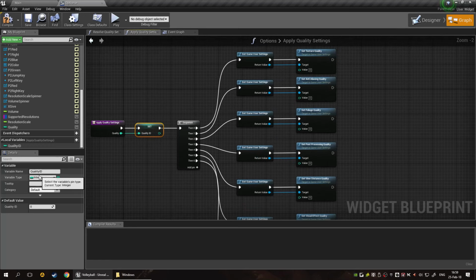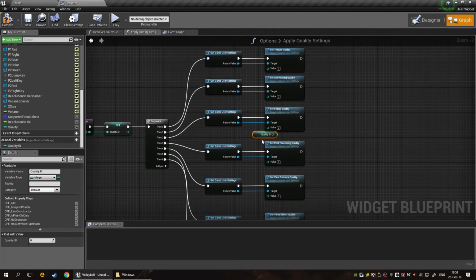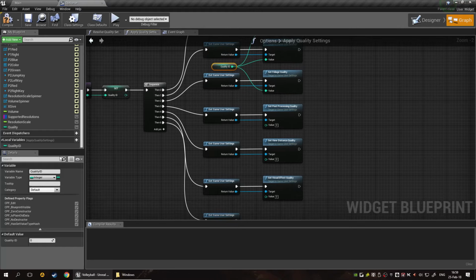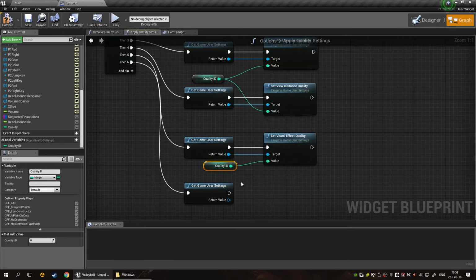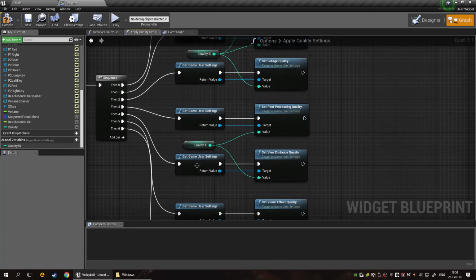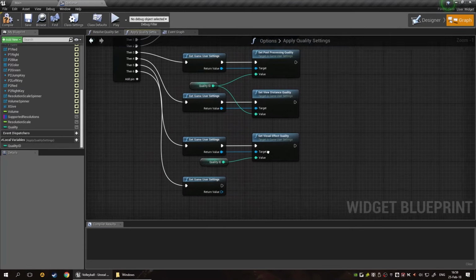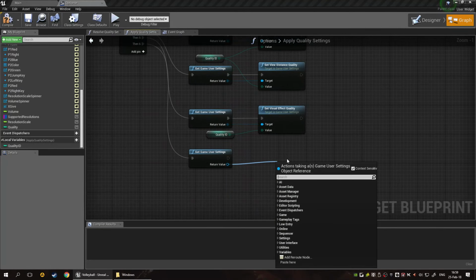And then here, this is just to have it a little bit cleaner. So I could use this like that and like that. And then I grab it one more time. It's the same thing anyway. It's just a reference, so I don't have too many spaghetti sauces going around here. Duplicate this one more time, like so. Probably better if I had it like this. So this is my quality ID. Whatever I pass in, it's going to be set. And now I'm going to set, apply